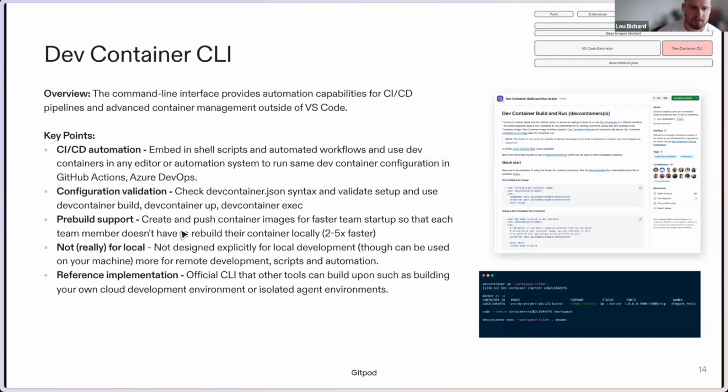One thing with the dev container CLI that I didn't mention here is also pre-build support. So one thing you can do is use the CLI for building your images. And that's useful for not having your developers have to rebuild their images locally. If there's not a locally built image that exists for them, obviously that developer's then going to have to rebuild